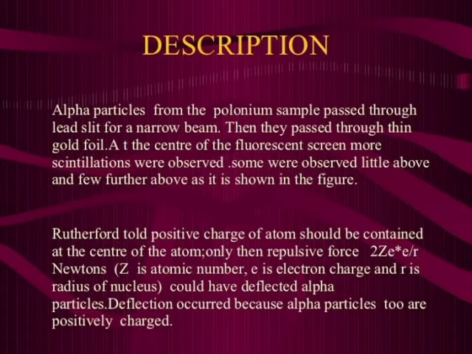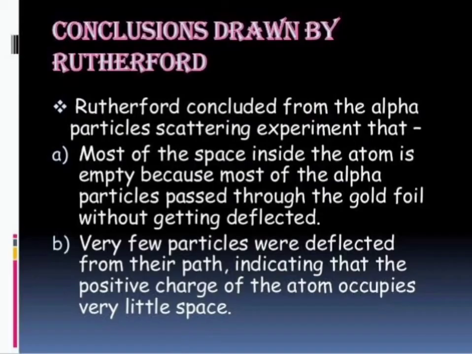Z is the atomic number, E is the electron charge and R is the radius of the nucleus. This could have deflected alpha particles. Deflection occurred because alpha particles are also positively charged. These alpha particles